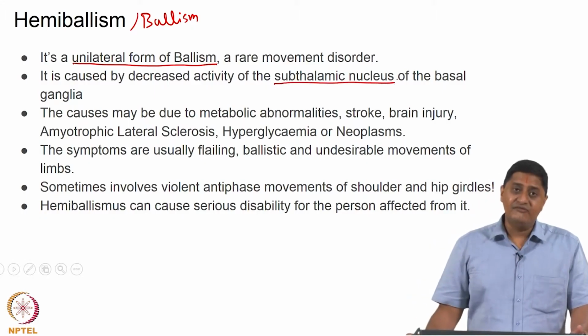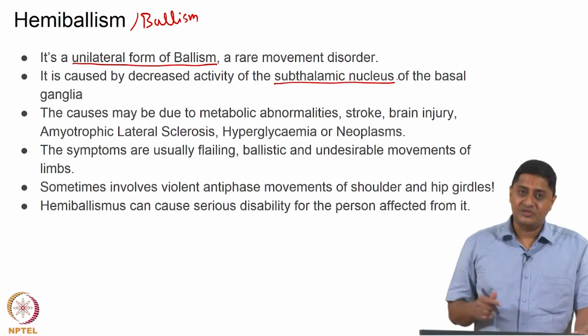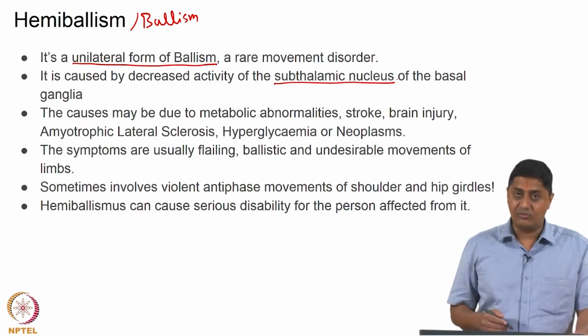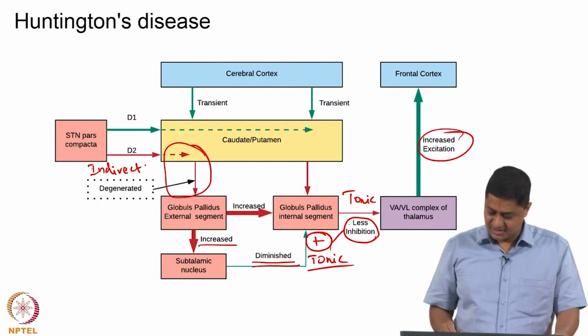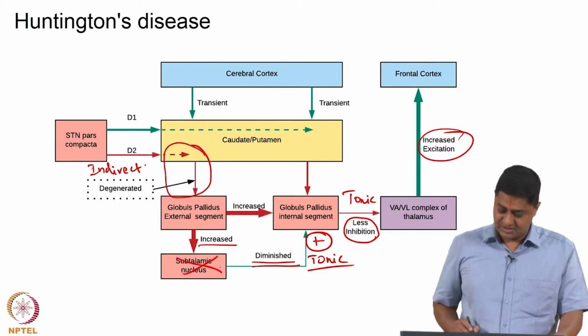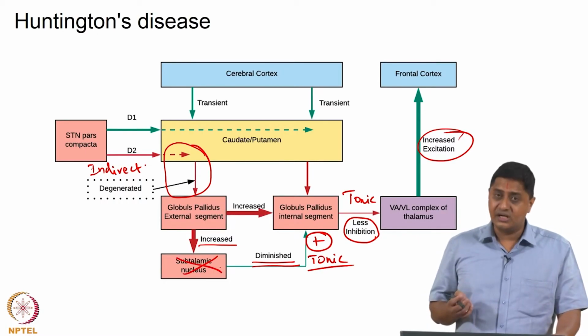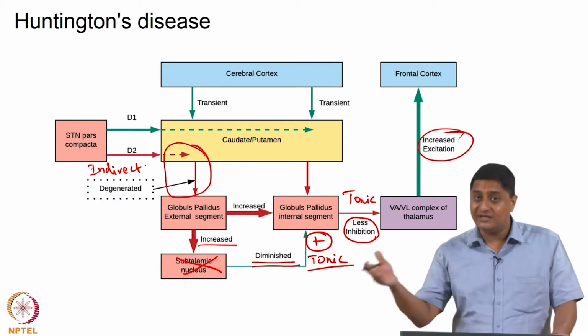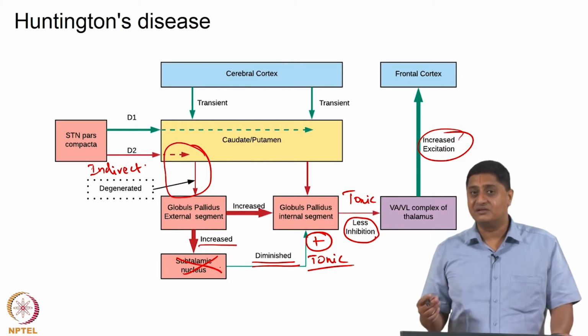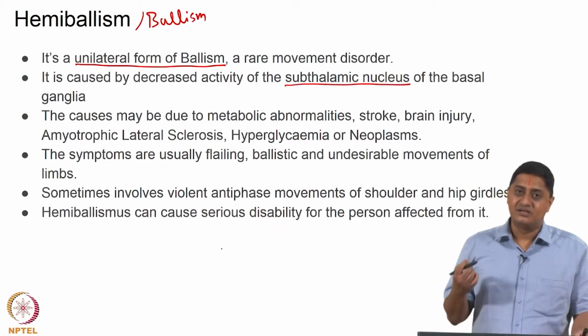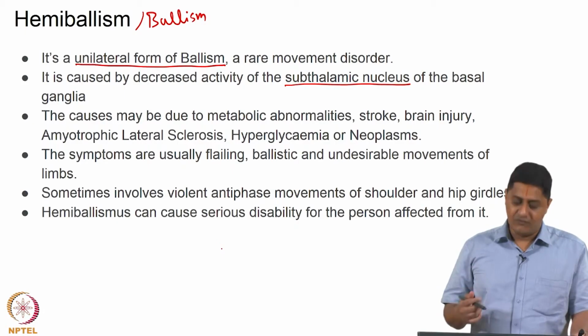So, this means if for whatever reason the subthalamic nucleus is knocked out, then unwanted movements are produced. Why? Because the subthalamic nucleus is tonically exciting the GPI in this picture. So if the subthalamic nucleus is knocked out, the tonic excitation received by GPI, which is tonically inhibiting the thalamocortical neurons, is reduced. That means the output of GPI is reduced, but the output of GPI is inhibitory in nature. Ballism or hemiballism leads to a situation where there are going to be unwanted movements.